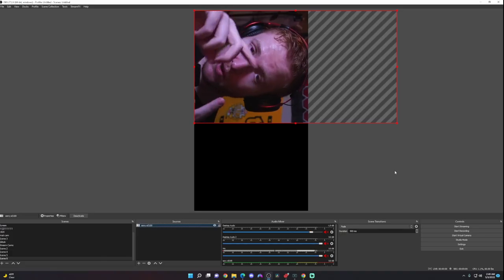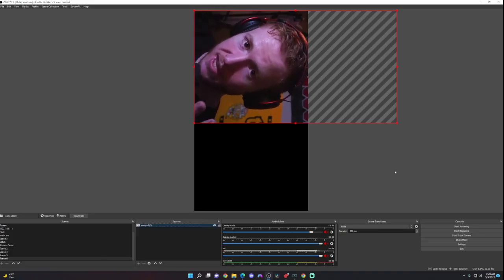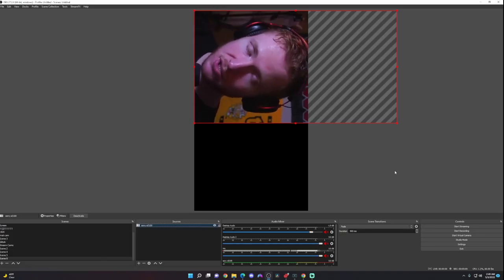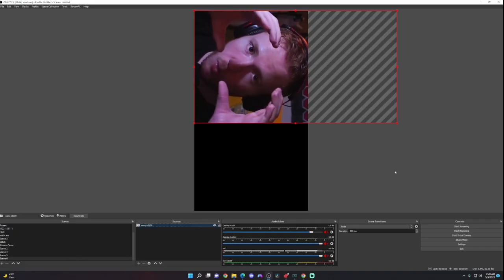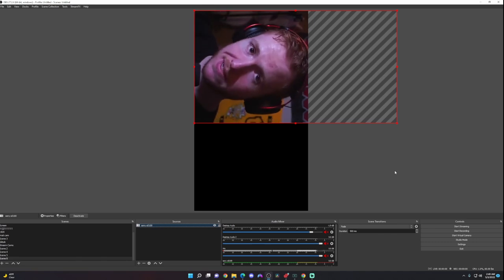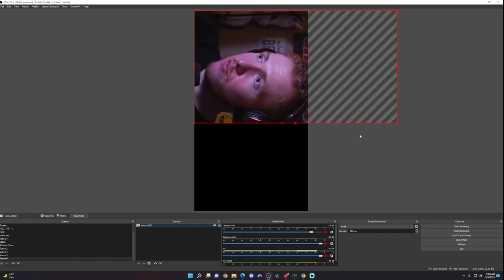You're going to want to do this for iPhones, webcams, and cameras. So for me, I'm using my Sony a5100. So instead of having it horizontally, I actually have it positioned vertically so that I can shoot my TikToks. But the way you actually transform this to a different